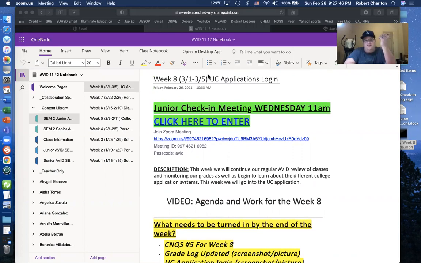That's the Cal State system, pretty much anything in California with a state at the end of it, like San Diego State is CSU, Chico State, Cal State San Marcos, Cal State Dominguez Hills. Those are all CSUs. So that's a different system. So the UC, like UCLA, UCSD, UCI, UC Davis, those are all part of one system. The CSUs are a second system, which we will get into next week.